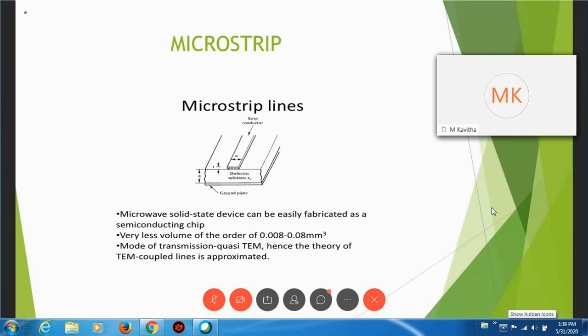So the only difference of microstrip lines from the strip line is in the construction: we have the metal strip on the top surface in the microstrip line. The loss in microstrip lines will be more, and it is not a symmetrical structure. It supports a quasi-TEM mode. Due to the propagation of the electromagnetic wave in two different media, the substrate and the air, we get an additional electric or magnetic field component. So this mode is called a quasi-TEM mode.